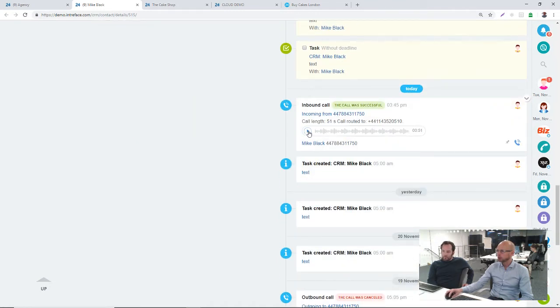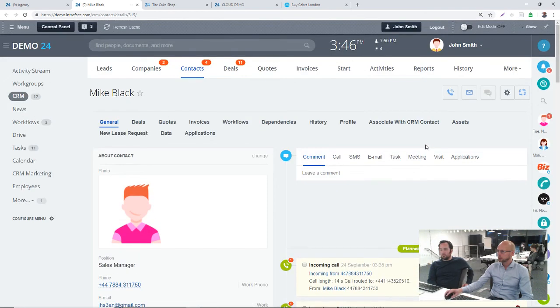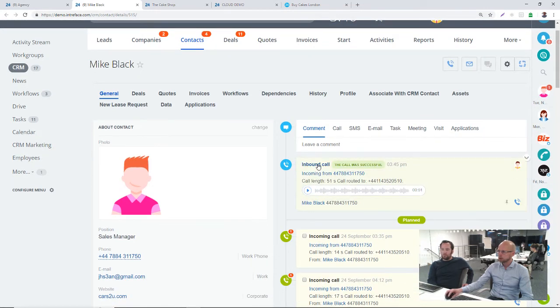We can see that the call was recorded and is available to play back inside here. Might want to pin that at the top. There we go. So yes, if your client calls you and you've got the correct number and they call from that number, then it will tell you who is calling you before you answer the call, which allows you to quickly go open that contact record. It will record the call,